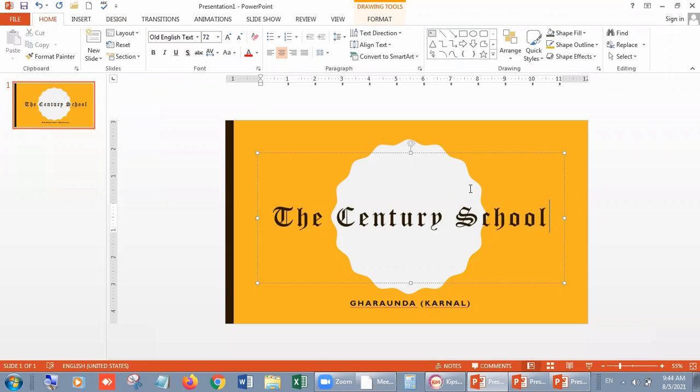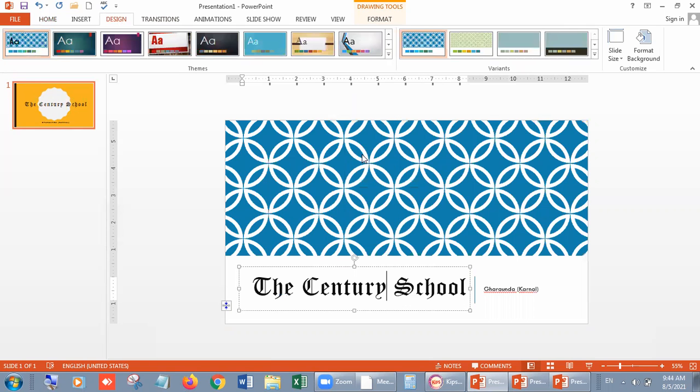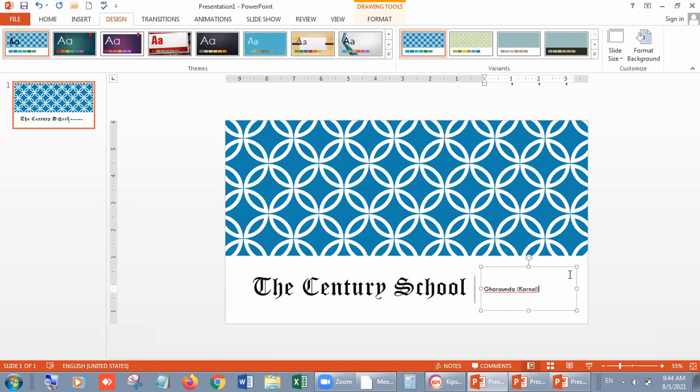Now you can change the style. Okay. So this is our design, and from design, you can choose any theme like this. This time I choose this one. Okay. I hope it is quite clear to you all.